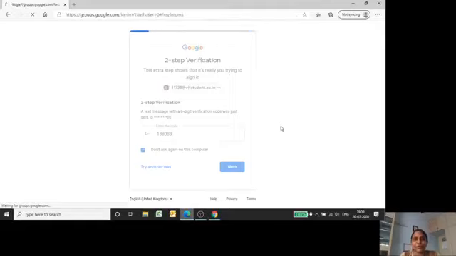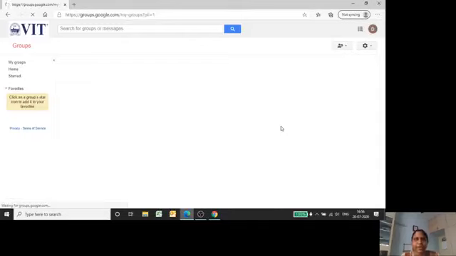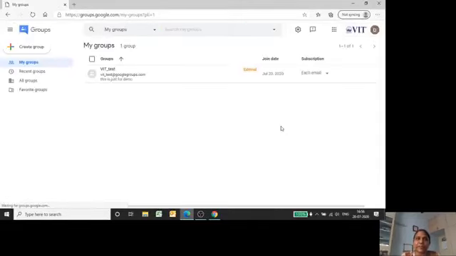So what we are going to verify now is this: using my personal Gmail ID, I created a group, and in that group, I have added my VIT Gmail ID. See, here I have logged in using my VIT Gmail ID, and if I go to my groups, see here that I have been added to this group. In my groups it is showing VIT underscore test.